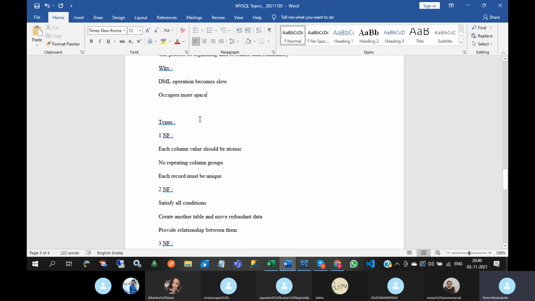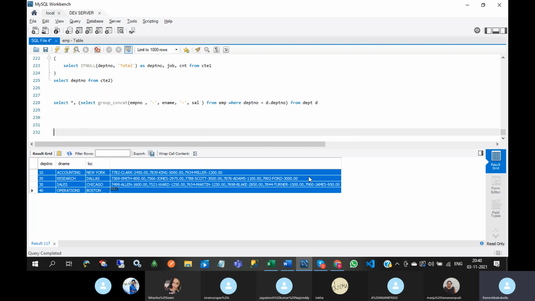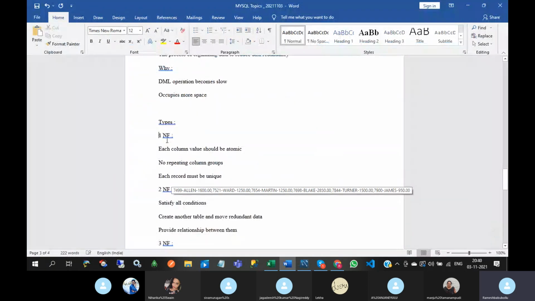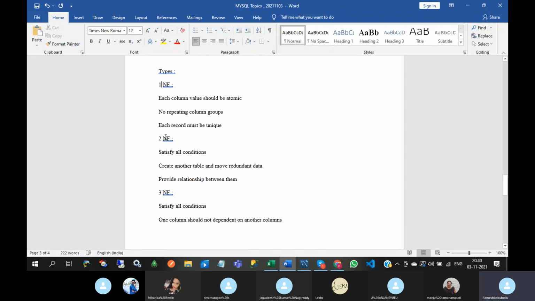So how do we do the normalization? Let us assume this is the single table we have. We do not have employee and department tables, only this single table. There are 3 different types of normal forms. 4NF and 5NF are also there, but if you know the 3 normal forms perfectly, there is no need to know the other things. First normal form, second normal form, third normal form.